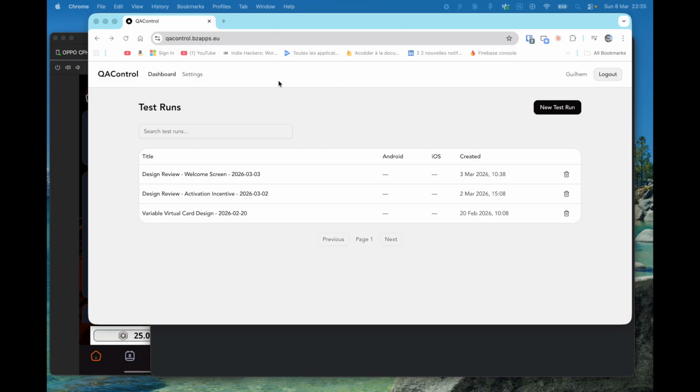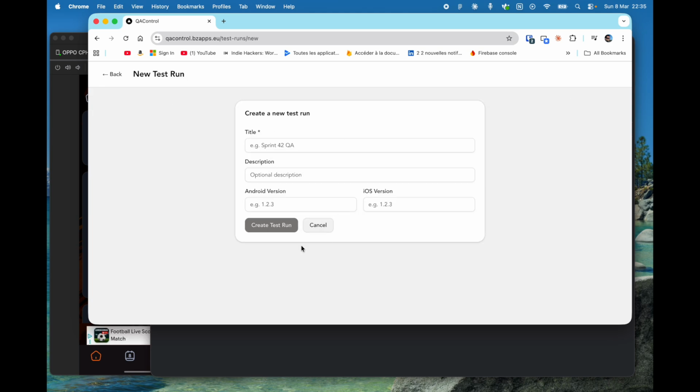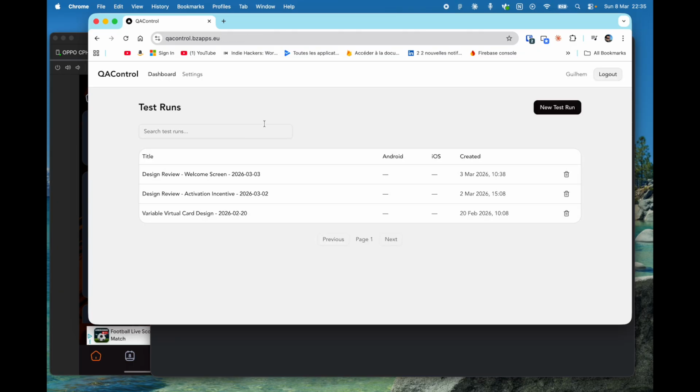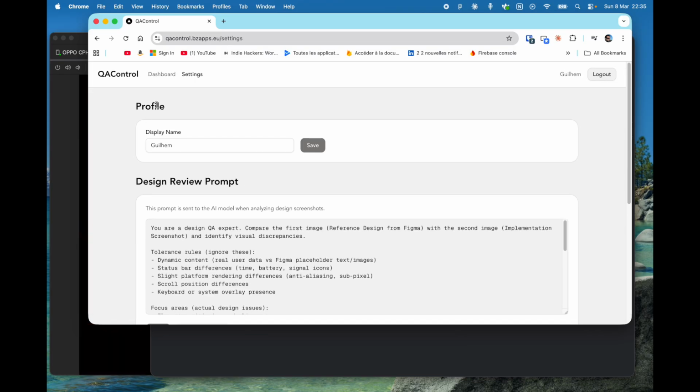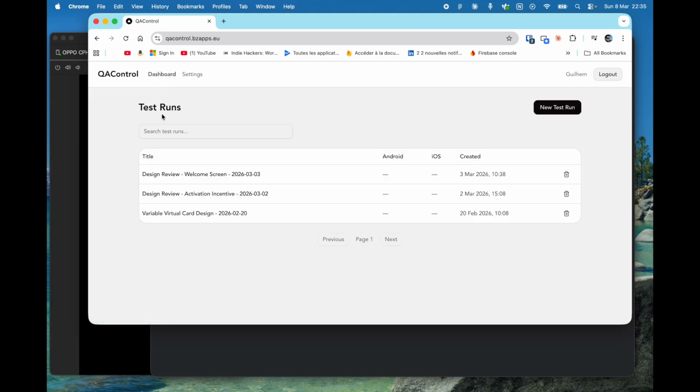So I built the web app you see here, and it's called QA Control. Basically, you can create a test run manually with this information. A test run will be a set of tests, so basically recordings, where you will be able to review the design. I'm not going to create it manually because this platform has settings, and in the settings you can find API keys, and this platform has a whole API that can be used then by